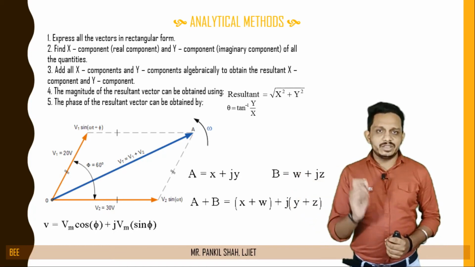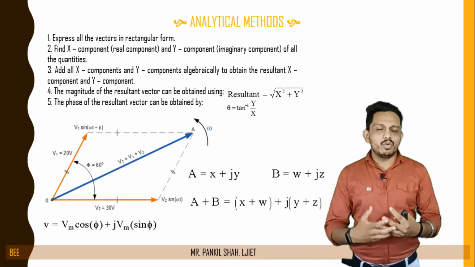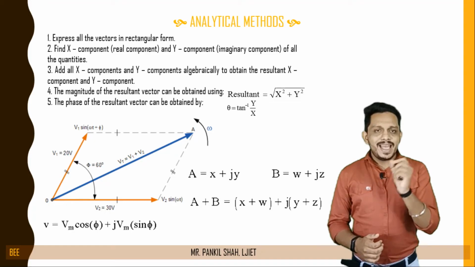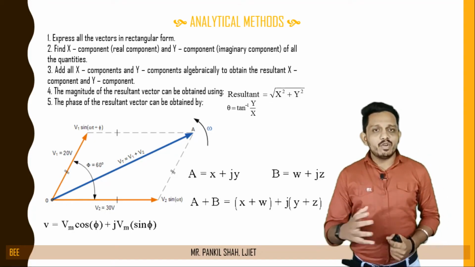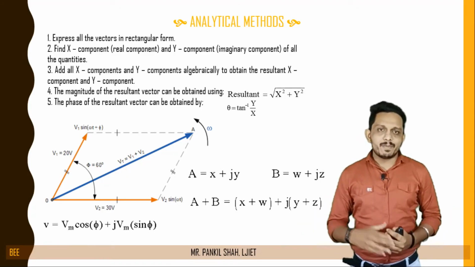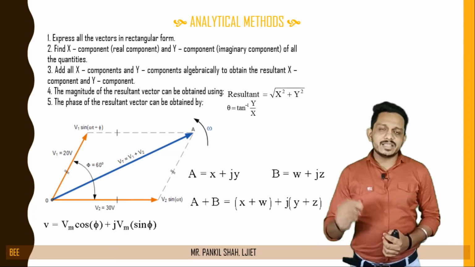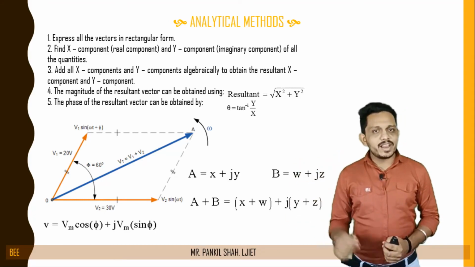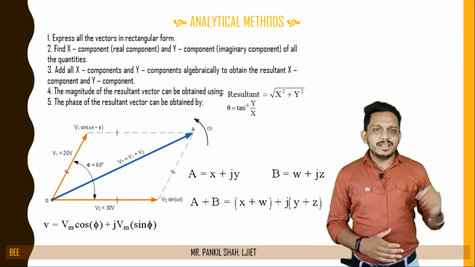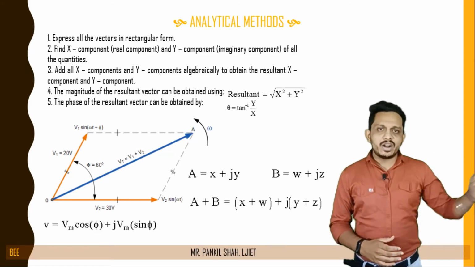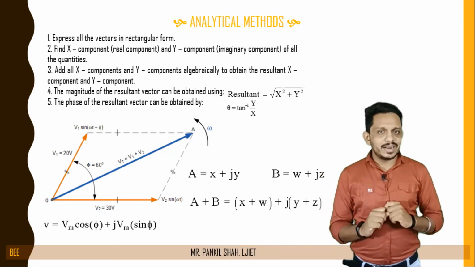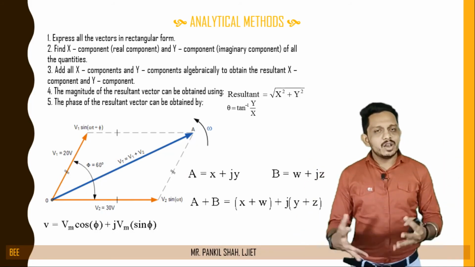Means if you have I1 and I2, you must convert I1 and I2 into polar form. For example, Im1 and angle theta 1, and Im2 and angle theta 2. Then you have to find the x component and y component of each vector. For example, the x component of the first current is Im1 cos theta 1 and the y component is Im1 sin theta 1. And for the second current I2, the x component will be Im2 cos theta 2 and the y component will be Im2 sin theta 2. So basically cos components are the x components and sin components are the y components.